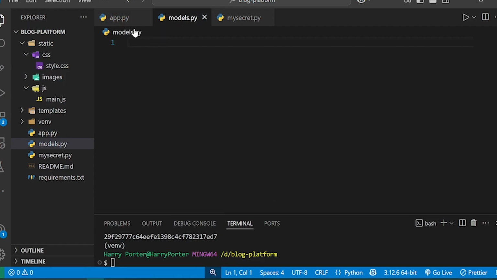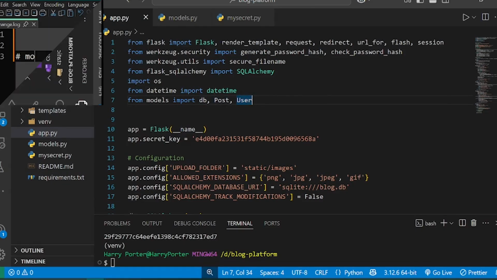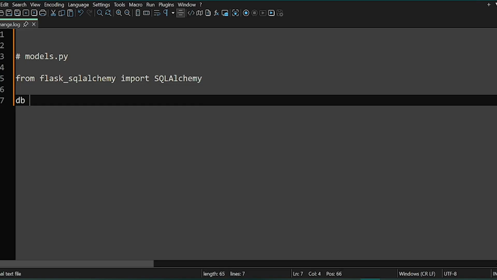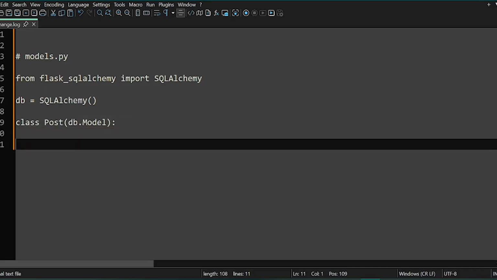Now we realize that the model exists, and now the error has gone. Now let us create this db post and user. Now guys, from the model we're creating models.py, and from Flask SQL Alchemy, we need to import SQL Alchemy. So db is equal to SQL Alchemy as a function, and class we want to create the post